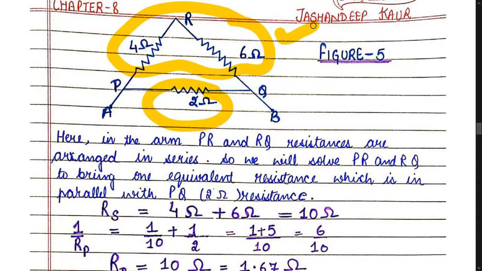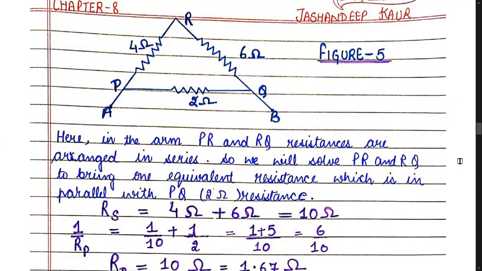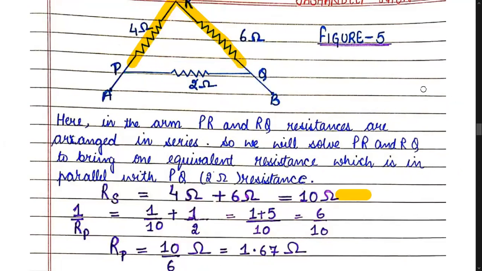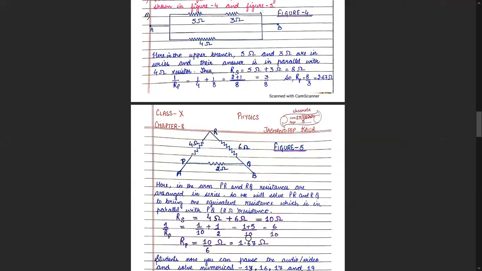It is also like figure number 4 only, but then it is like this: 4 ohm, 6 ohm. They are in series, while 2 ohm is in parallel to 4 and 6 ohms. So students, that means first we solve this triangular part, the arms of the triangle. So we'll get series resistance as 10 ohms, while in case of parallel resistance, what to do now? This 10 ohms and 2 ohms will be in parallel to each other. This will be 10 ohms and this will be 2 ohms. So your answer for that case will be